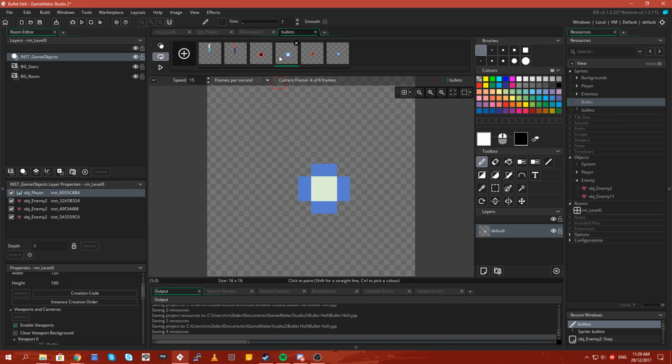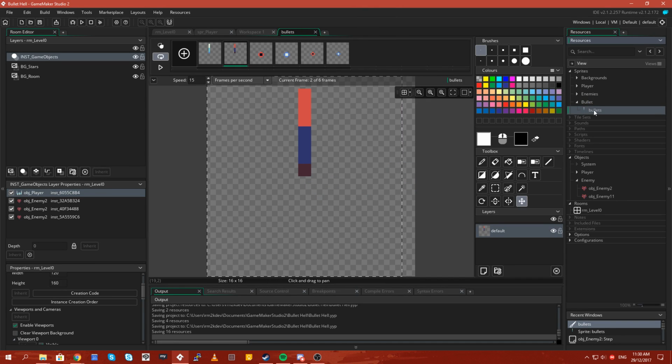Let's delete these frames. I honestly can't stand that being out of center. Maybe it can't be centered. Maybe that's the reason, because it's 4 by 4 and a 16 by 16 sized sprite. Let's just put it at 9 by 9. Yeah, see, they can't be centered. Oh well, whatever. It'll do. Good enough. So we have bullets.